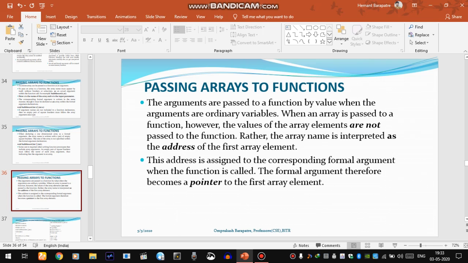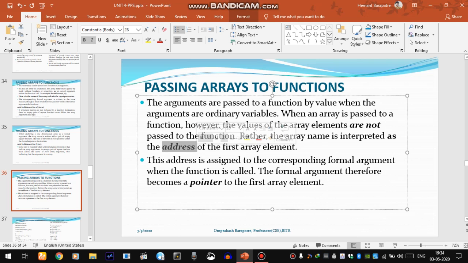When an array is passed to a function, the values of the array elements are not directly passed to the function. Instead, we use the name of the array. The name of the array is interpreted as the address of the first array element.